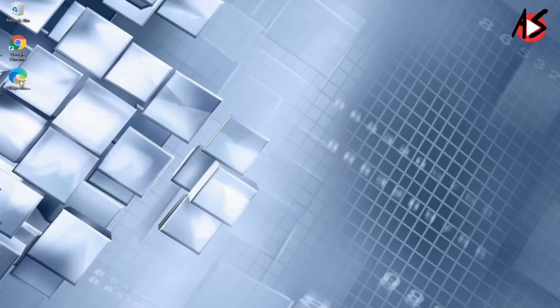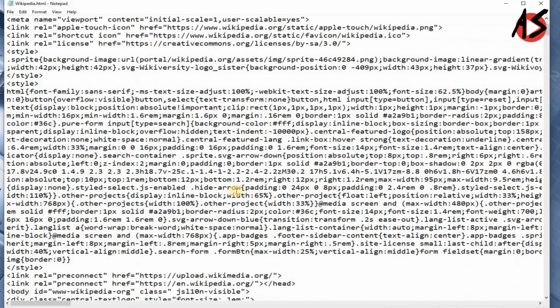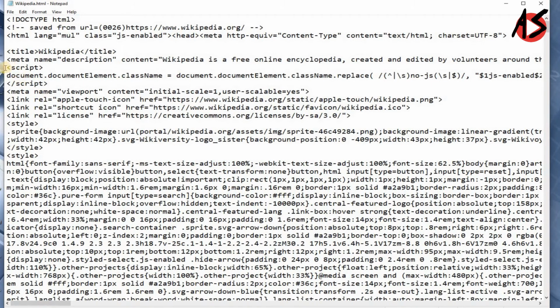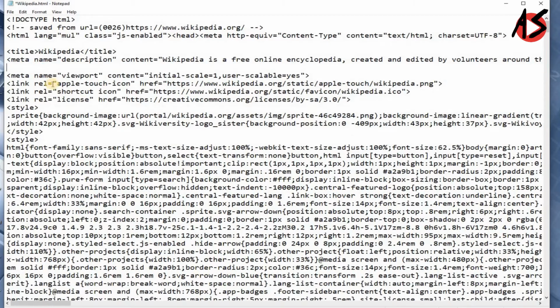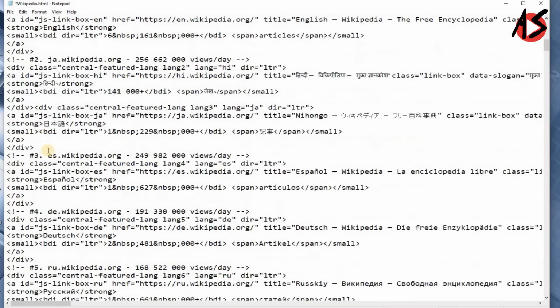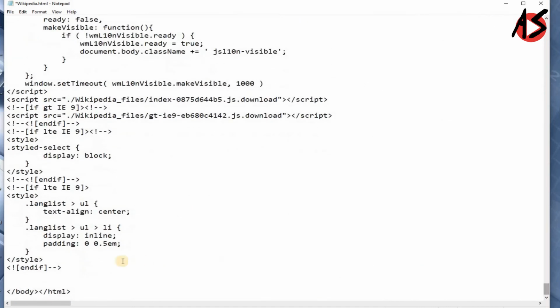Suppose you open the page in Notepad and you get lots of tags here. So here you have JavaScripts. Suppose you delete the JavaScripts and see what happens with the page. You have a few more JavaScripts here.